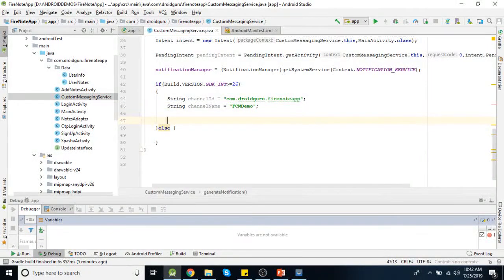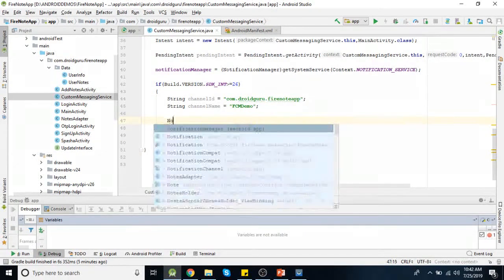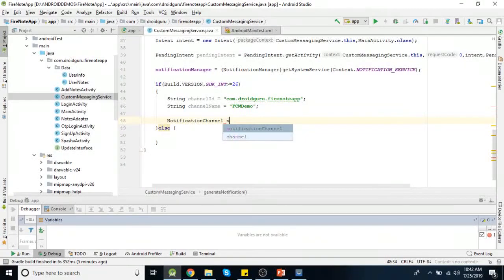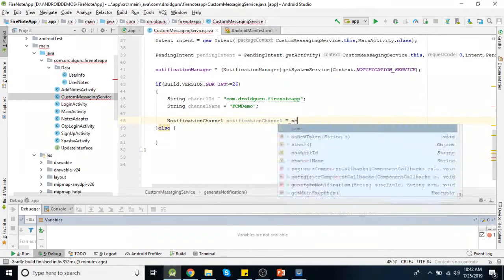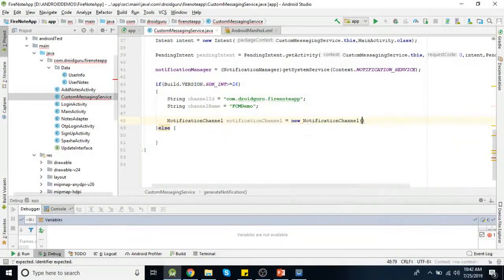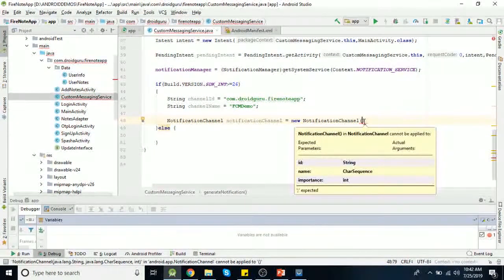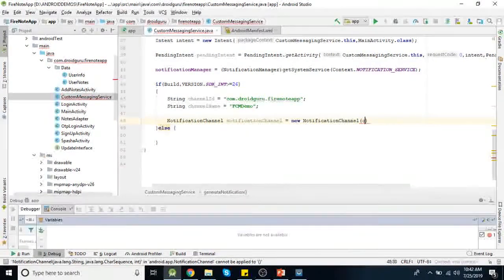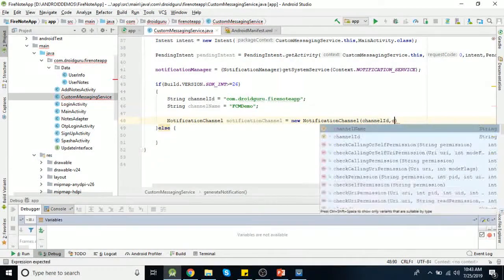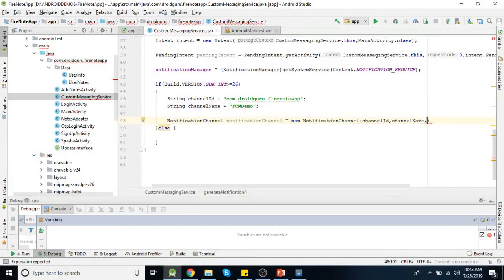Then we need to create notification channel using these objects. So notification channel equal to new notification channel. Here first parameter you need to pass is channel ID, then second parameter is channel name, and third one is importance.